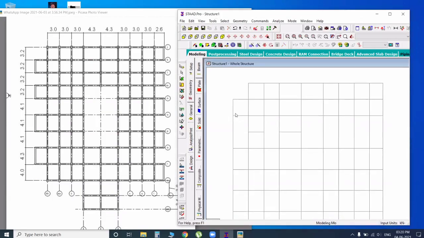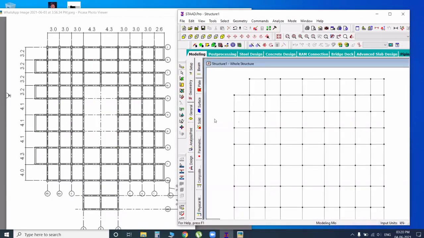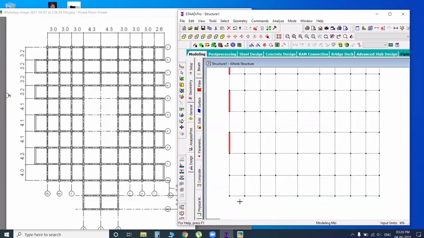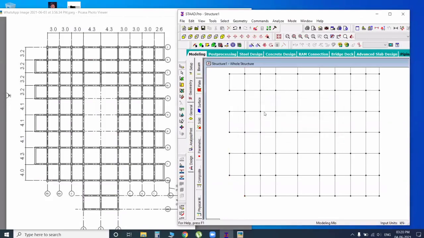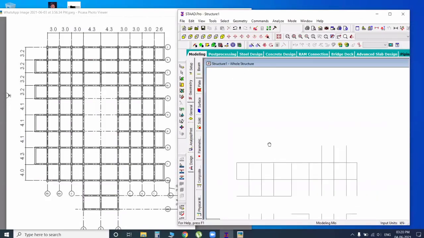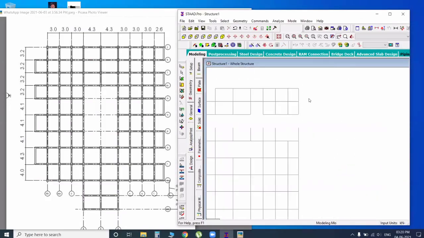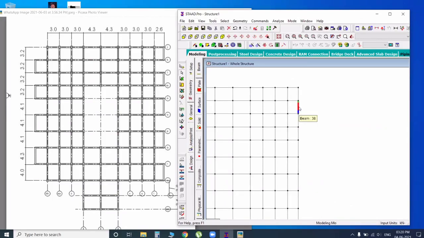Delete. And next here we have unwanted beams, so please delete. Finish. Now one side is completed as per our AutoCAD file.